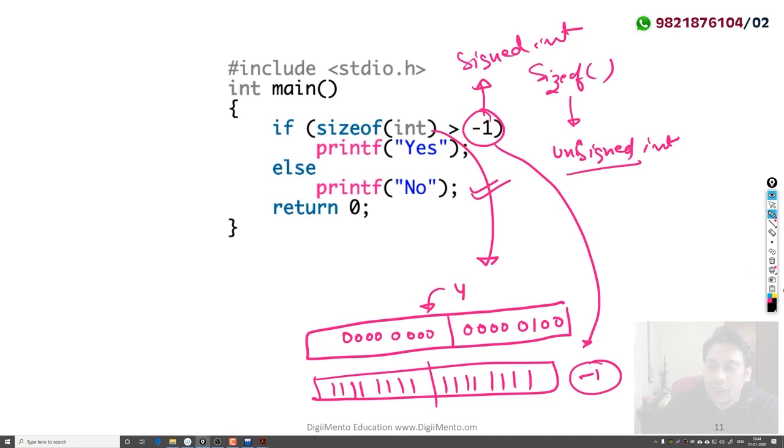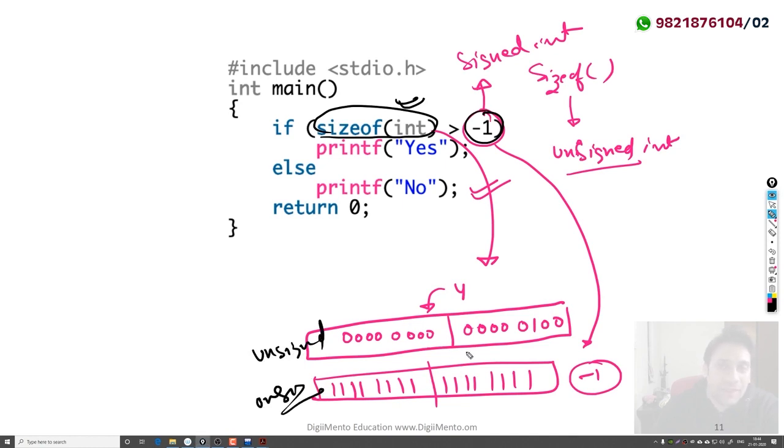So when you are comparing these two values, because we have sizeof integer which is an unsigned integer, this comparison will happen as if both numbers are unsigned. So we are going to assume that this number is also unsigned.